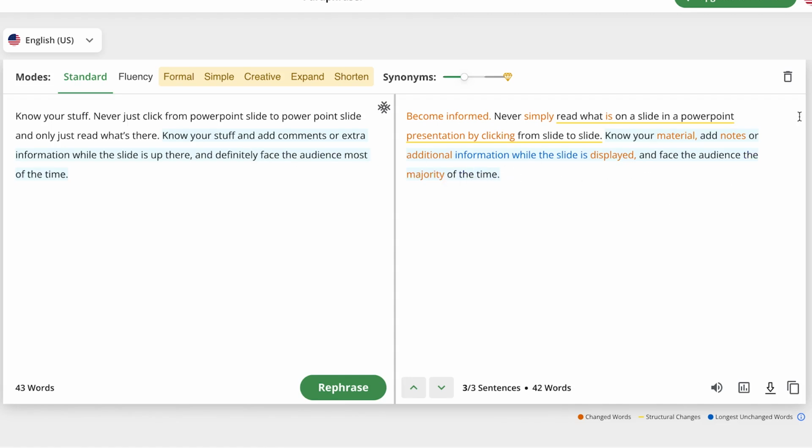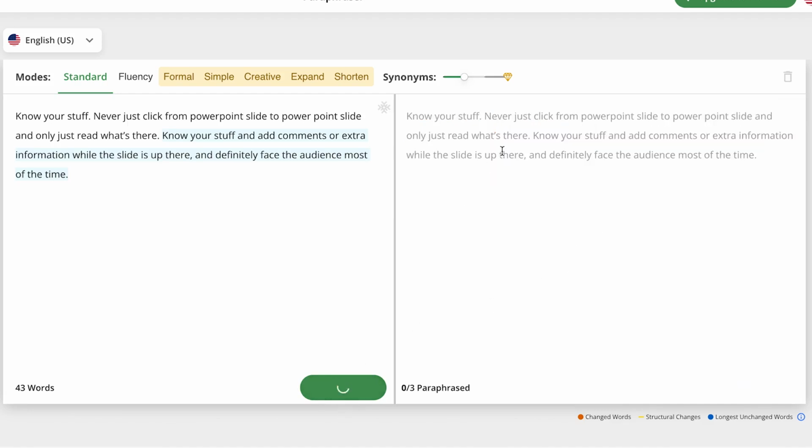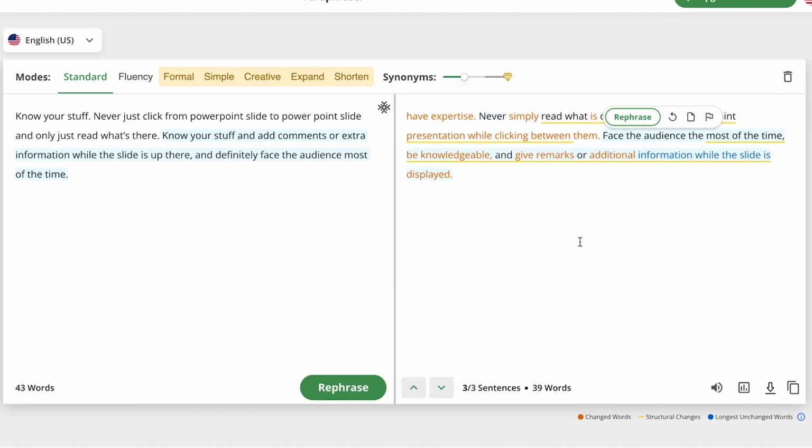At any given point, if you want to delete a given paraphrasing, you can come over here and delete the text very easily and rephrase it if you want. And if you want to regenerate also, you can still regenerate, and it's going to give you a different paraphrase. Okay, you can see it has regenerated everything. So it's very cool to use the paraphraser to paraphrase any document or any wording of your choice.